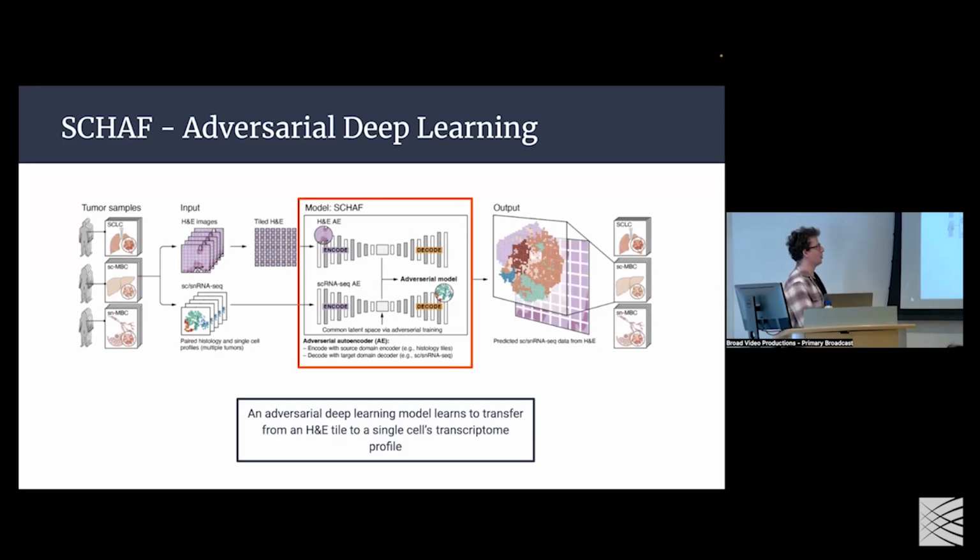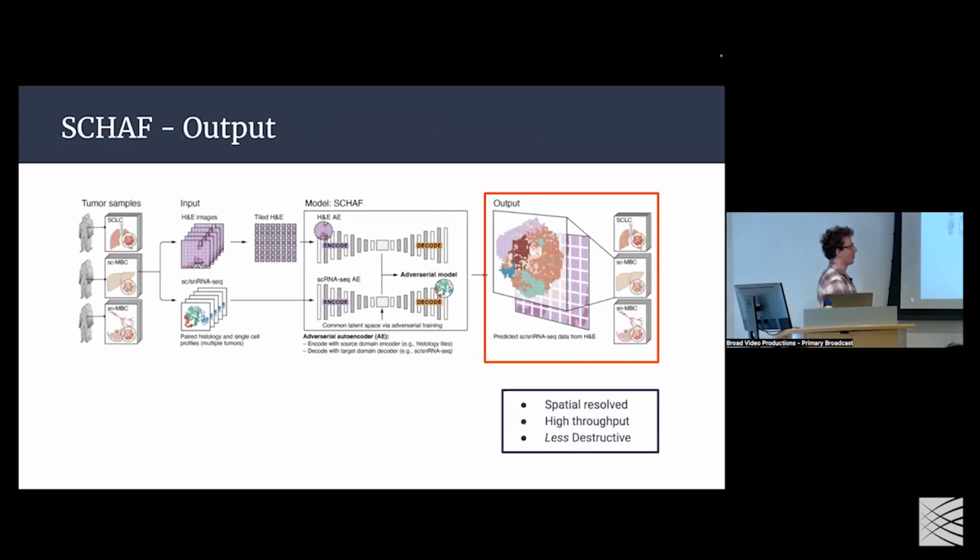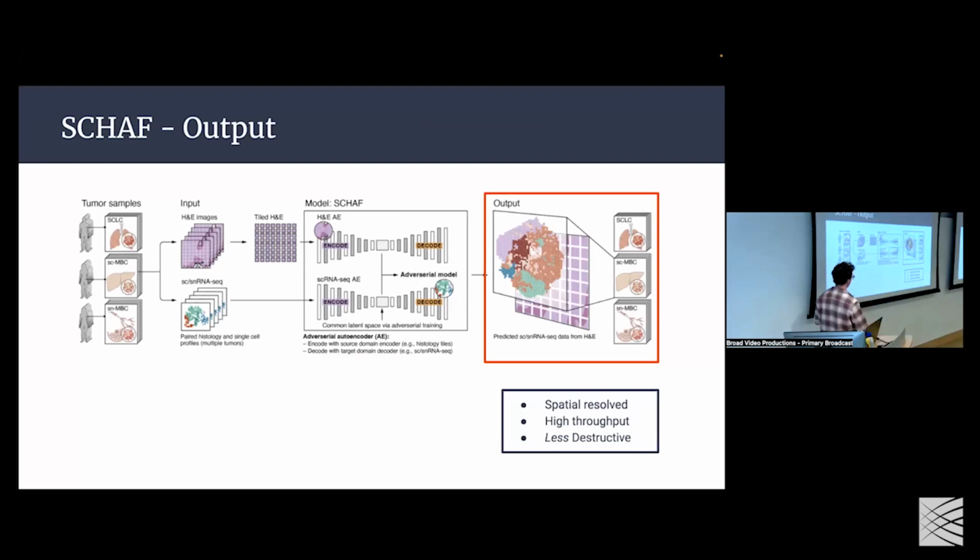Okay, no other questions. I assume everybody knows exactly what is going on. So with that being said, we talked about our output. Our output is, again, spatially resolved to an extent. You have a tile, you have the transcriptomic profile, so you know that tile corresponds to that profile. It is spatially resolved. It's nice. It's also high throughput. Each of these profiles you generate roughly 20,000 genes. And H&E is by definition destructive, but I think we can agree it is less destructive than single cell RNA sequencing. So all big wins, if you ask me, very big wins.